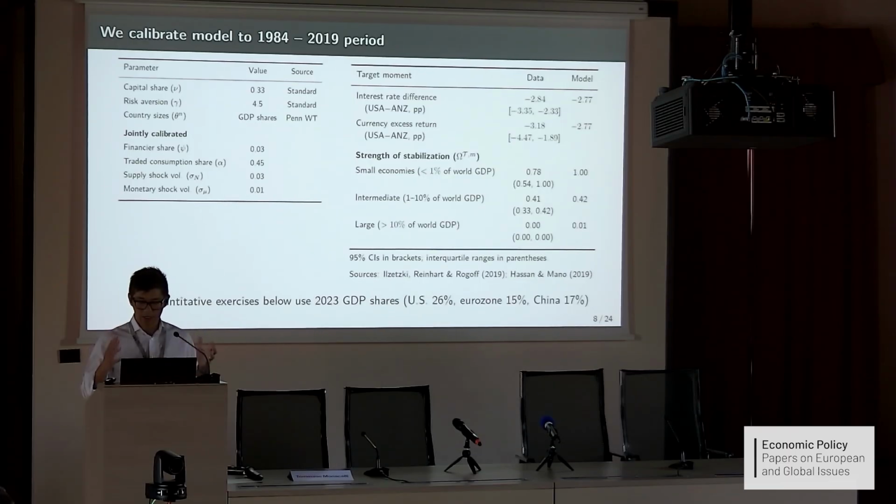All right, so we start off by calibrating the model to do two things. We're going to try to match differences in interest rates across countries, so we're going to try to match a set of asset pricing moments. At the same time, we're going to try to match the world monetary order as it currently stands. So we're going to have an economy where it's optimal for small economies to stabilize heavily, almost going to a hard peg, medium-sized economies to stabilize a little bit less, and large economies to freely float. We're going to do some quantitative exercises later where we use the state of the world as it currently is in terms of country size, and we'll get to that soon.